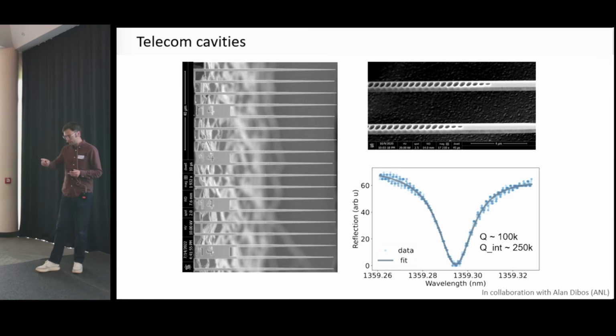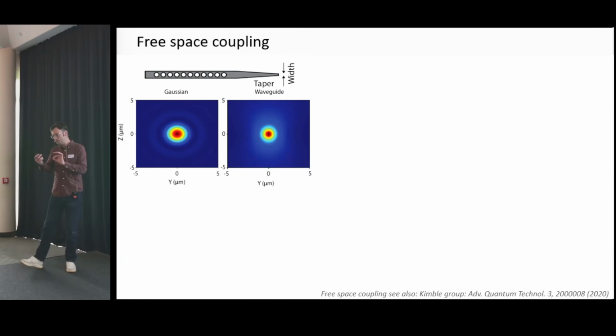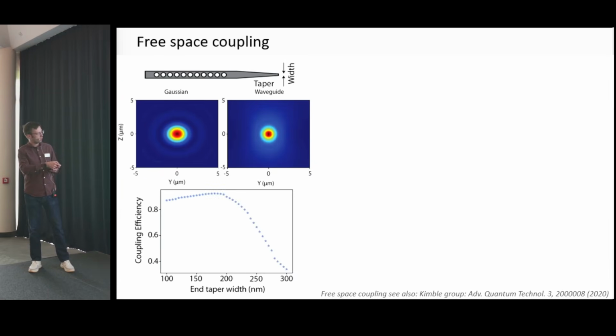Previously, some groups have attached fibers to these cavities or approached them with lensed fibers. Here, what we do is just couple to these cavities in free space. So we have optimized the outcouplers of these cavities to exactly match the incoupling mode of our objective. This is a simulation of what comes out of the waveguide and what is the coupling mode of our objective. And then the overlap of this can be up to 90% and higher.